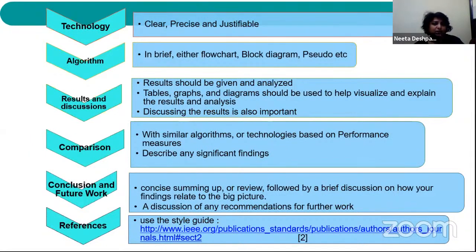The next part is your results and discussions. In results and discussion, the main important thing is you don't have to put forth your results as they are. You have to explain the analysis of the result: why these results are so, what you predict from the graphs. It's always better to give your results as statistical results. The results may be in the form of tables, or graphs or diagrams. And obviously, whatever performance measures you're going to use, you have to put forth those performance measures and elaborate your result and discuss more on your results.